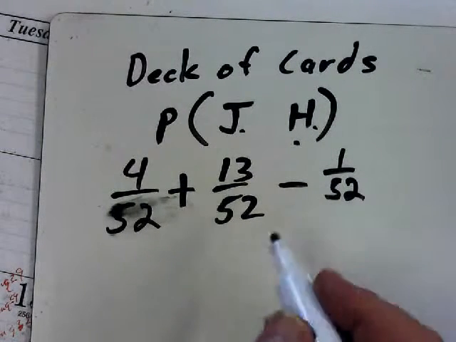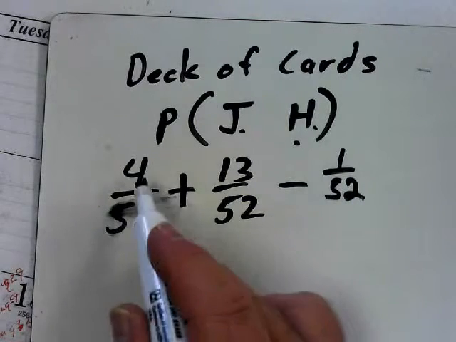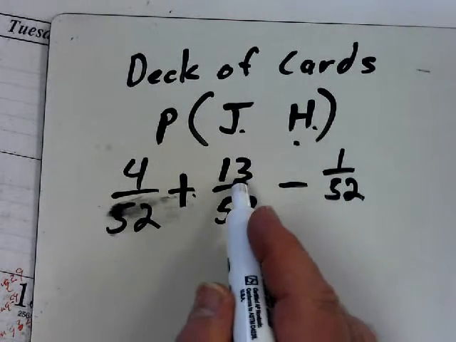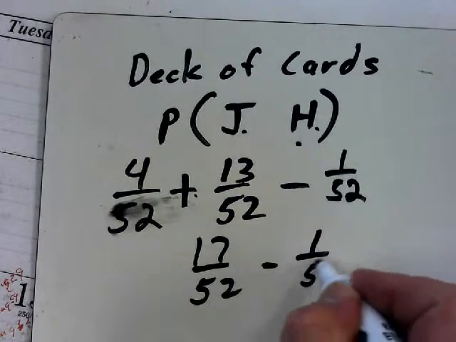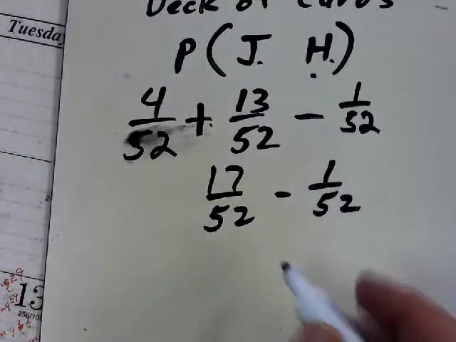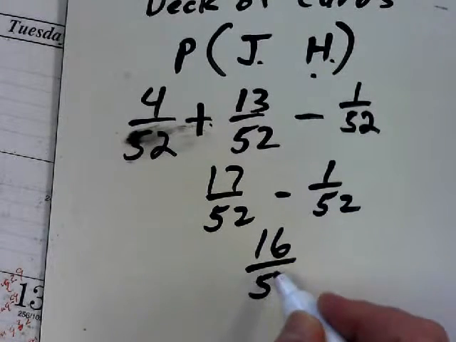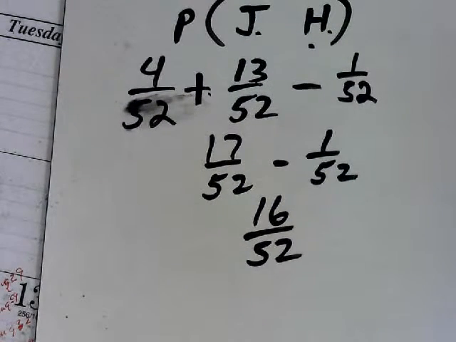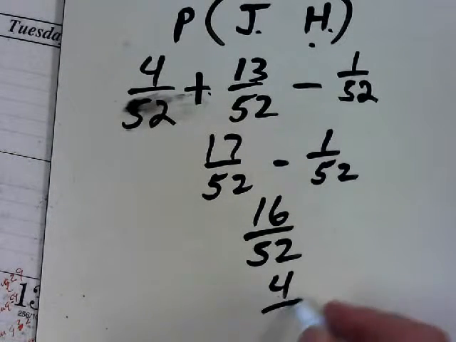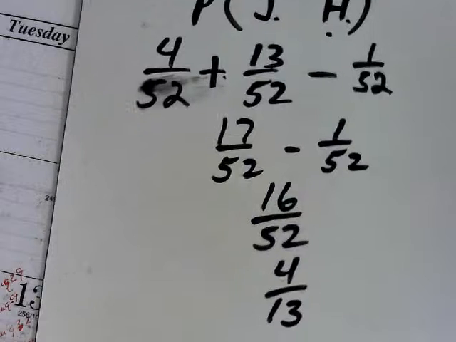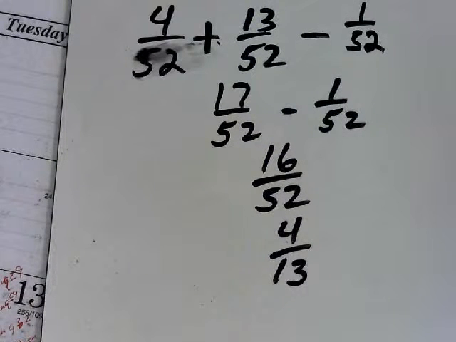So if I add and subtract this whole thing together, 4 plus 13 is 17, minus the 1 out of 52, which would give you 16 52nds, or 4 out of 13. Well, now remember that 52 is divisible by 13, because I